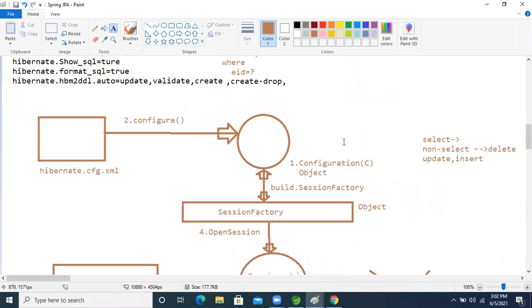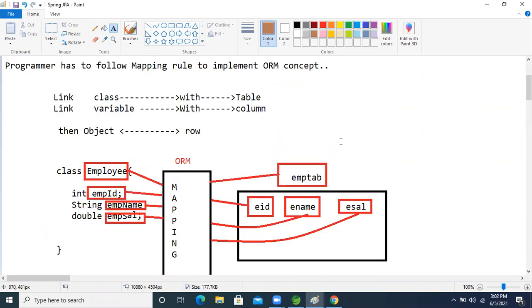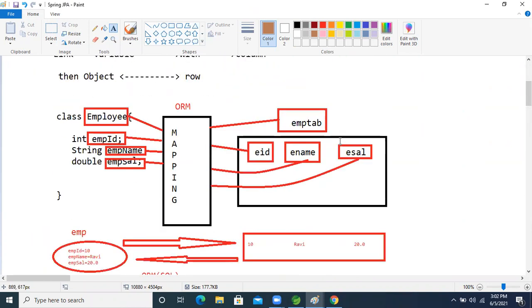This is the full explanation for one small application now, guys. So what I'm going to do is create one small application, and we will perform those operations. After that, I will reduce this code in Spring JPA, and we will enter inside Spring JPA. Are you ready now, guys?